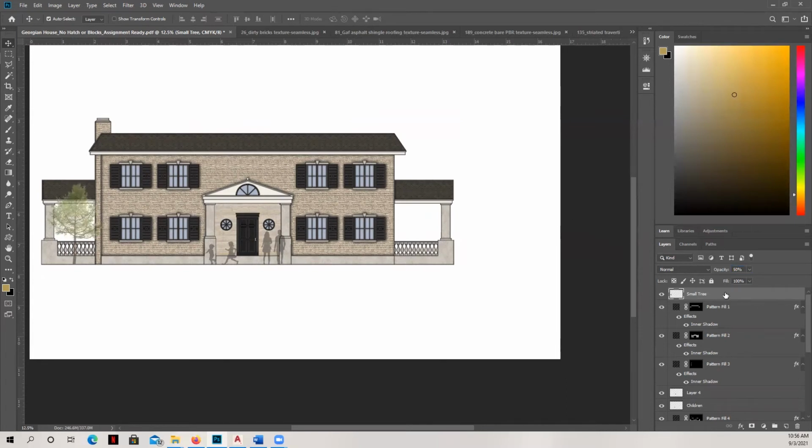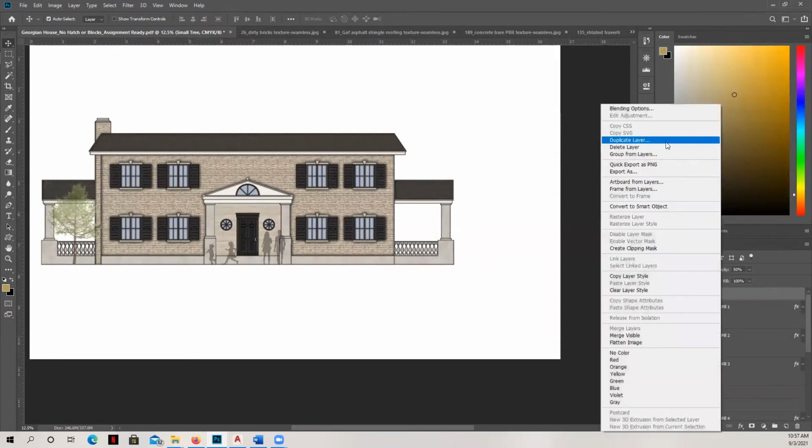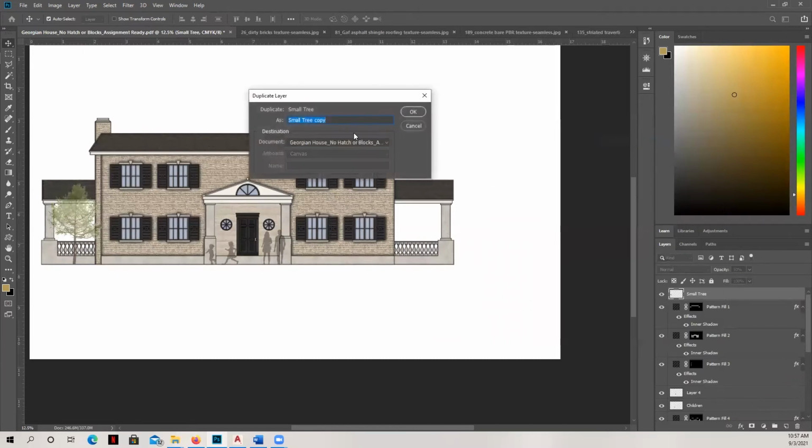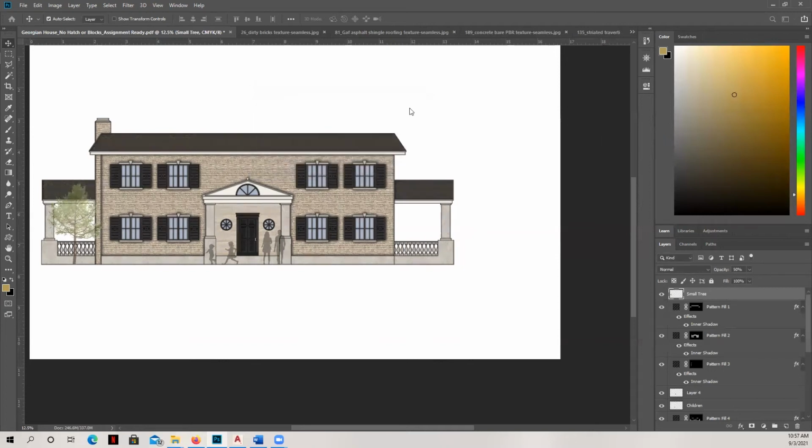If you are limited in your ability to obtain images like this that are royalty free and free for you to use, you can also duplicate this one and bring in a second tree. I'll show you how to do it. You can also transform these.